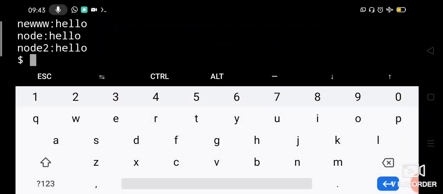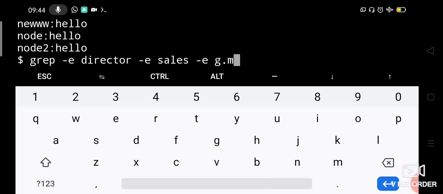Then to match multiple patterns, let us say grep with -e for matching the multiple patterns. Now I will give the pattern director, then -e, sales, then -e, let us give GM, general manager.